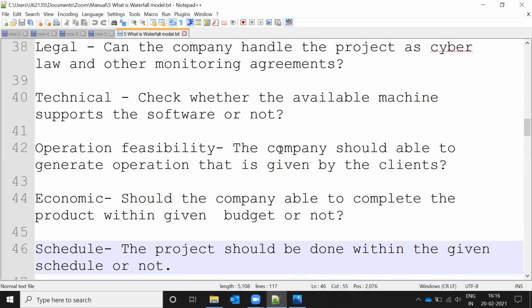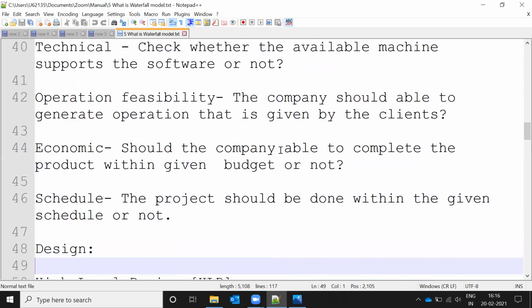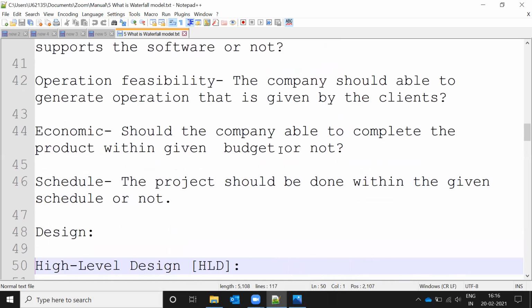The client has given some requirements, and they check whether the company can fulfill them. Economically, can the company handle the project within the given budget and scheduled time, and can it submit the project on time? Once everything is okay, the company can deliver on schedule, is economically good, can stay within the budget, and can handle it operationally.